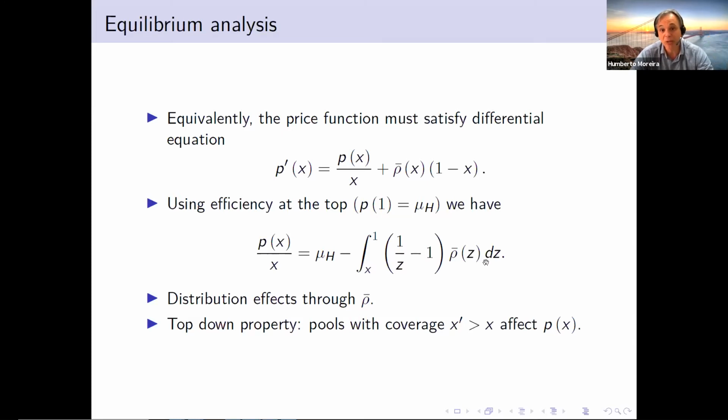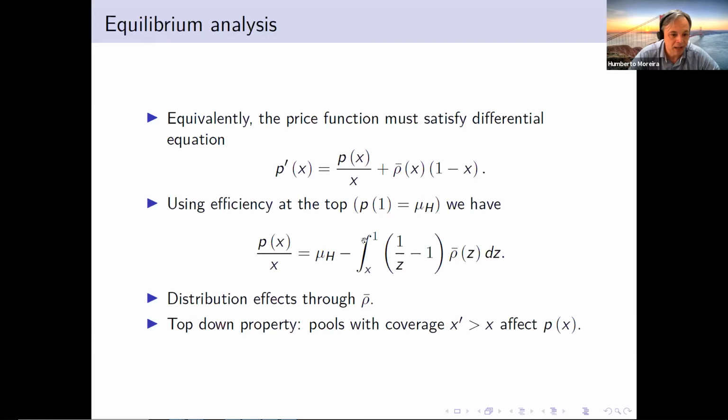For instance, in the one-dimensional case that I'm going to present in a minute, it's over, because this is going to be a rho naught, which is the level of risk aversion that is known by the population. But here it is an average of something for which you don't know the realization. You have to come up with the weights of this type rho in equilibrium, which is endogenous, right?